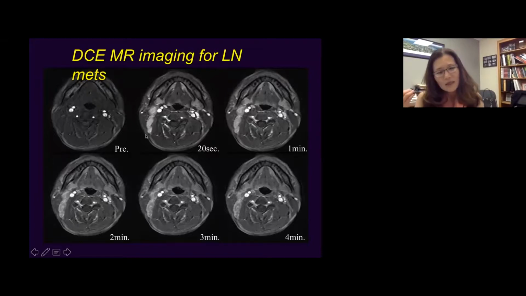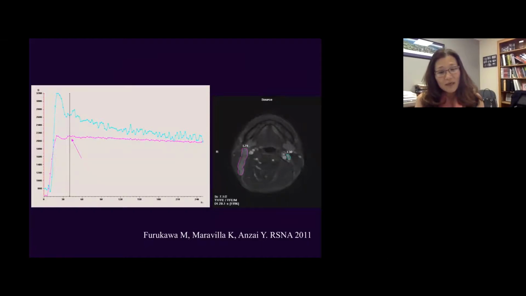And this is the MRI scan continuously from before, during, and after injection of contrast. You can tell the benign lymph nodes enhance much more avidly and faster, and then wash out. But metastatic lymph nodes tend to be a little slower, and enhancement lasts longer. So when you draw the time intensity curve with time on the x-axis, notice the benign lymph nodes enhance very quickly and very avidly, and also wash out. But metastatic lymph nodes tend to show slower or lower level enhancement, and then kind of persist,